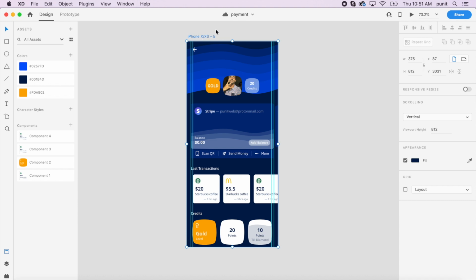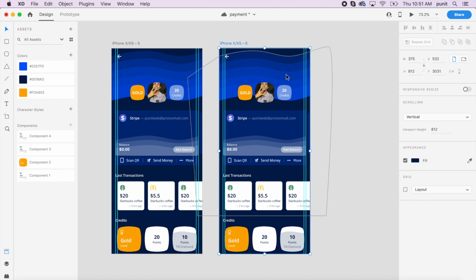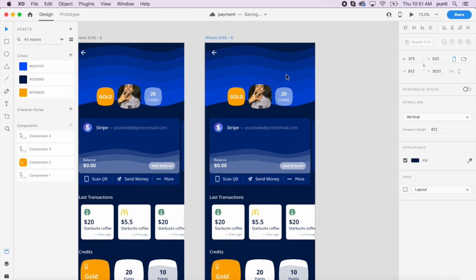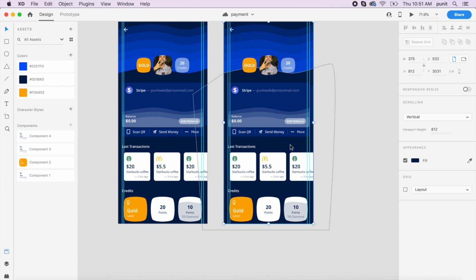To create the second page and to create the prototype, what we'll do is say Command D and just duplicate this. And what I'm going to do here quickly is basically select all of these, the stripe cards and everything here, drag it till the bottom and just reduce the opacity. But we will change one thing. The middle icon will increase the opacity to 100. Okay, so